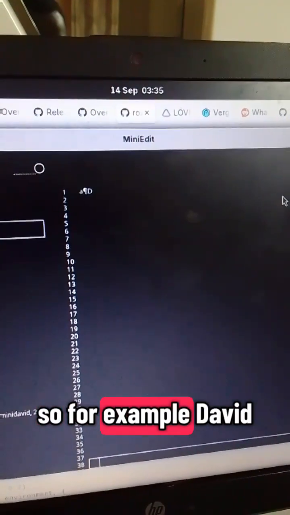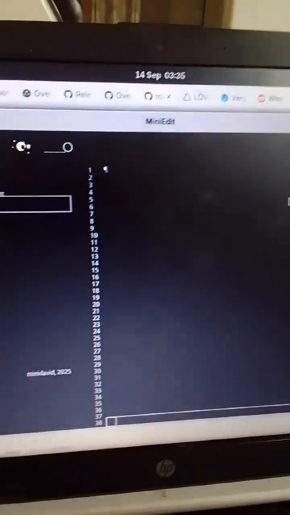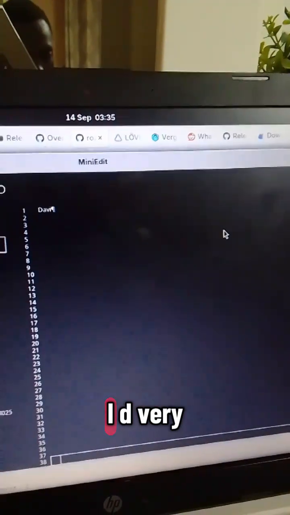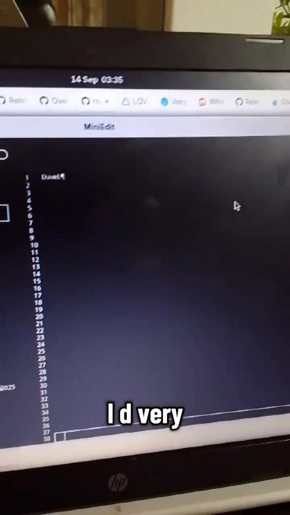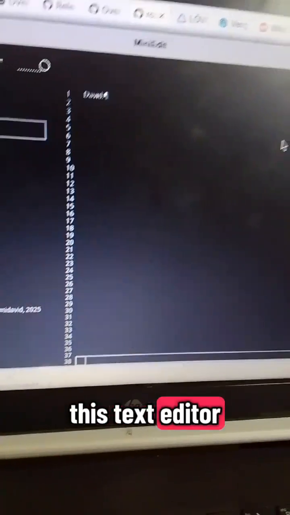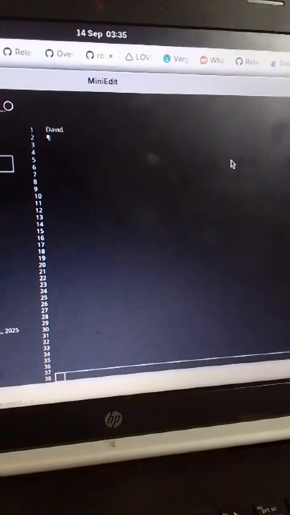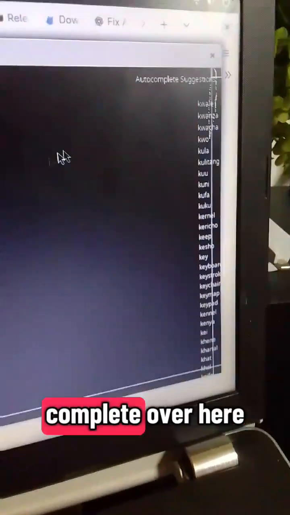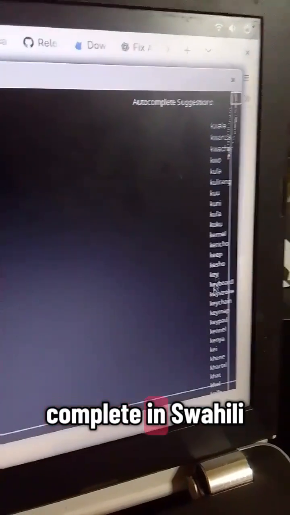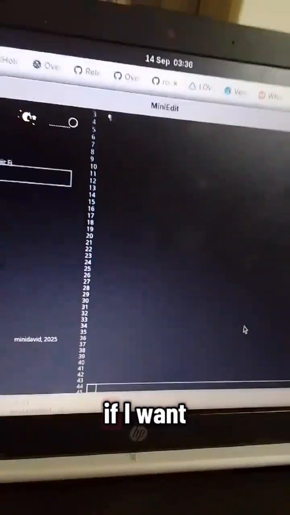So for example, David. D-A-V-I-D. Very nice. So the cool thing about this text editor is that it actually fixes a lot of things. So it has an autocomplete over here. For example, it has autocomplete in Swahili and English. So if I want to write keyboard,